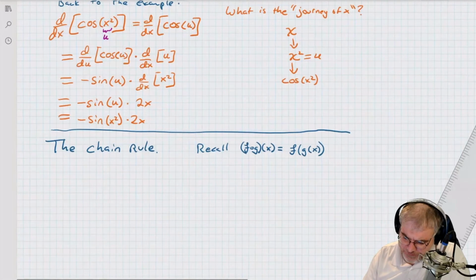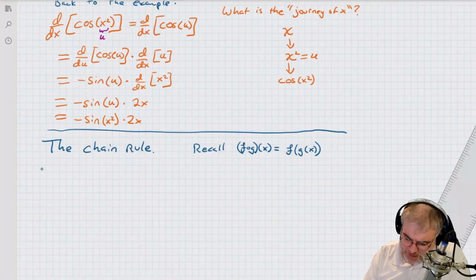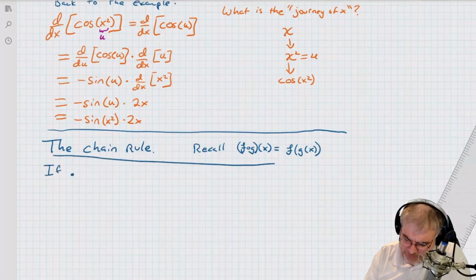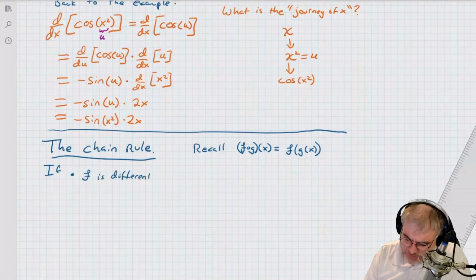So this states if f is differentiable at g of x and g is differentiable at x,